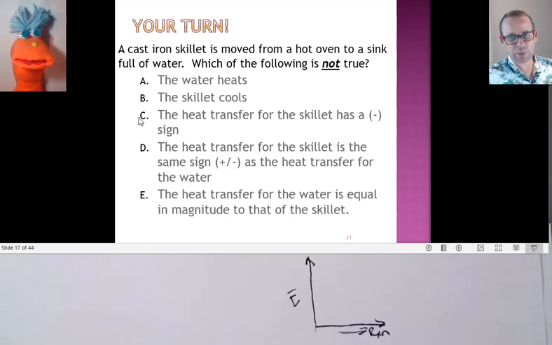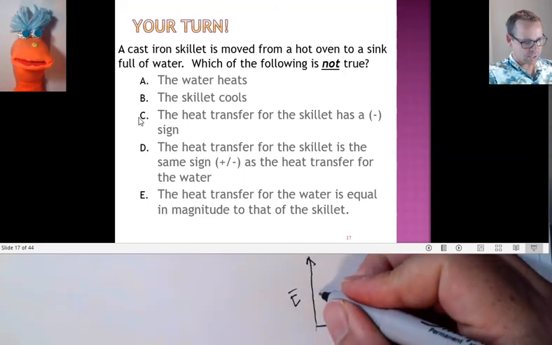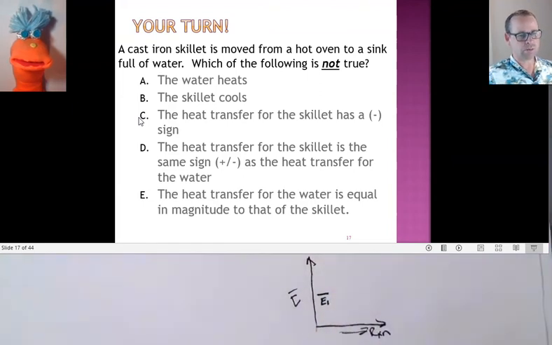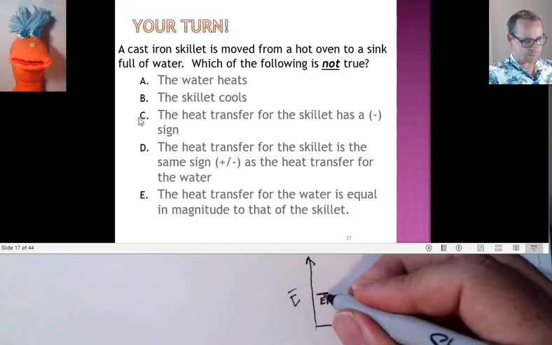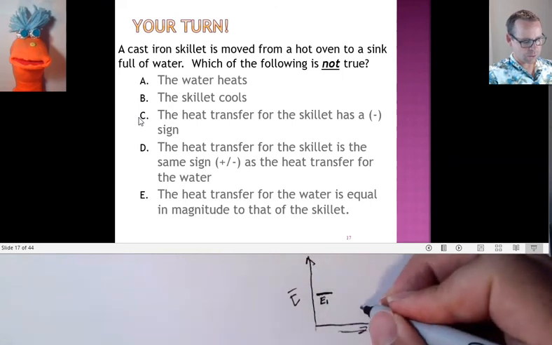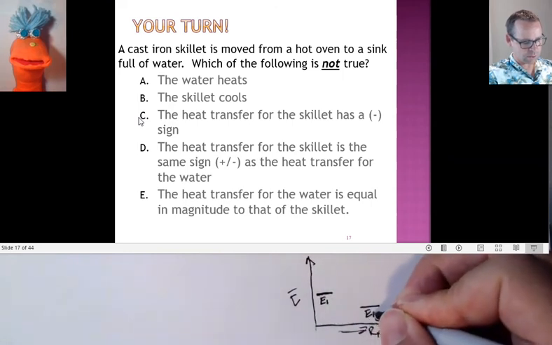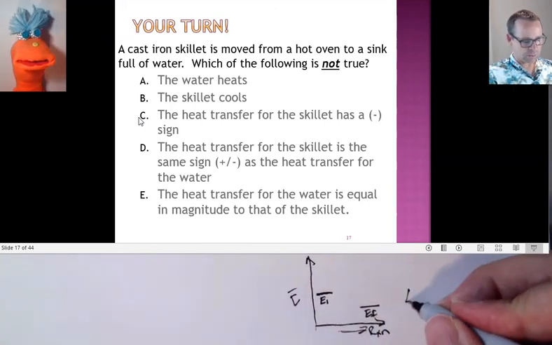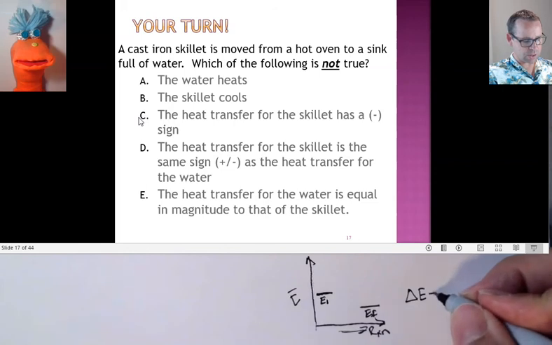This isn't really a chemical reaction. This is just transferring heat energy from the pan to the water. If we say the pan has initial energy, energy initial, right there, and then after it's in the water, its energy final is down here,